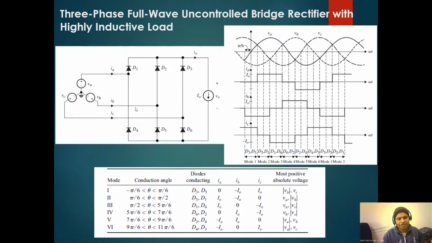Similarly, the opposite D1 current here, D4 current here, D2 current and D5 current here. So the diodes conducting are D3, D5, then D5, D1, D1, D6, D6, D2, like this the diodes will conduct in the